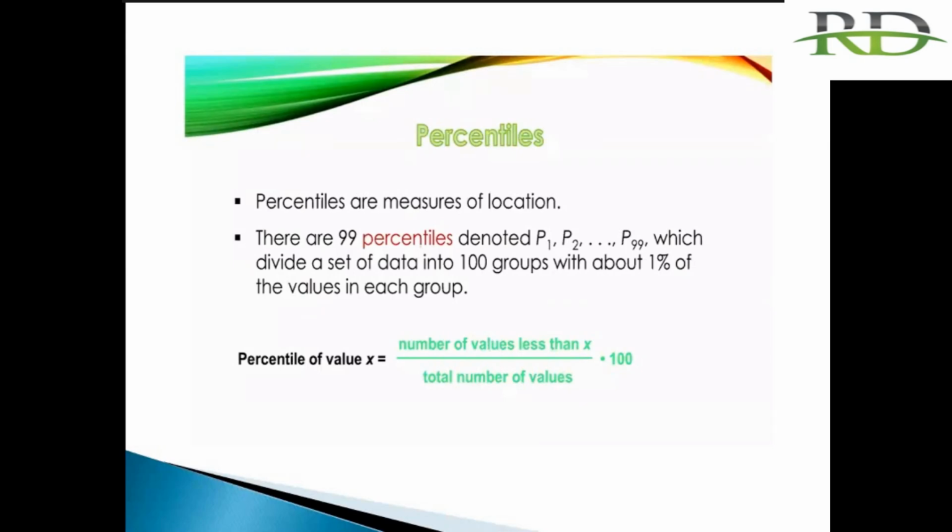So now we know the percentile. Similarly, we can calculate decile, percentile, and quartile as well. Percentiles are the 99 points which divide the whole distribution into 100 equal parts. Similarly, quartiles are the 3 points which divide the whole distribution into 4 equal parts. And the deciles are the 9 points which divide the whole distribution into 10 equal parts. So we can calculate all deciles, percentiles, quartiles